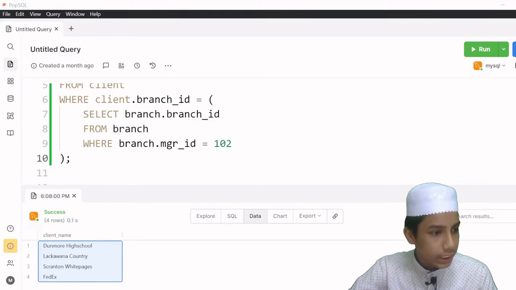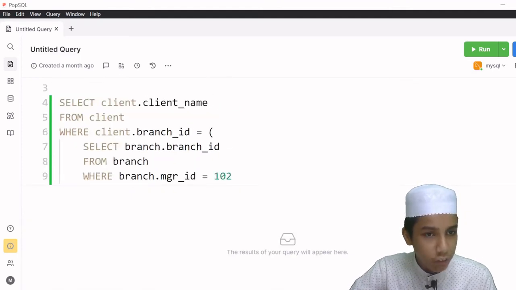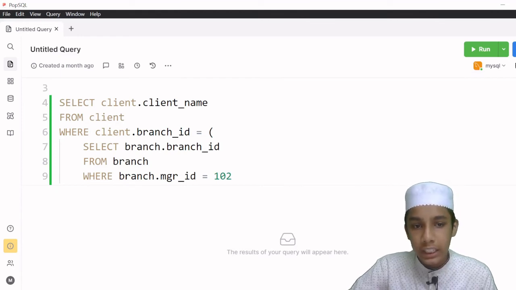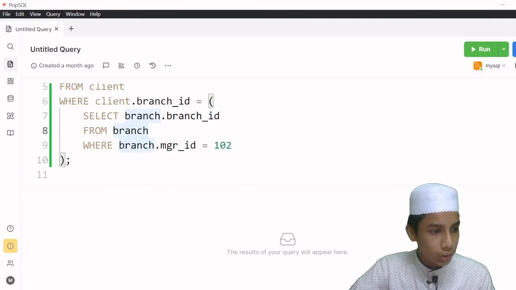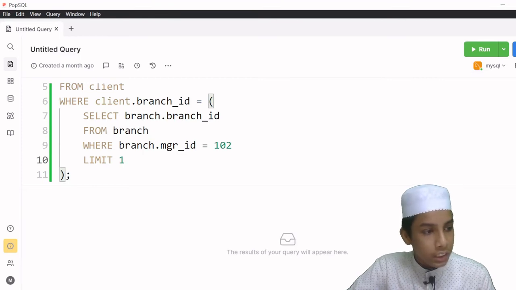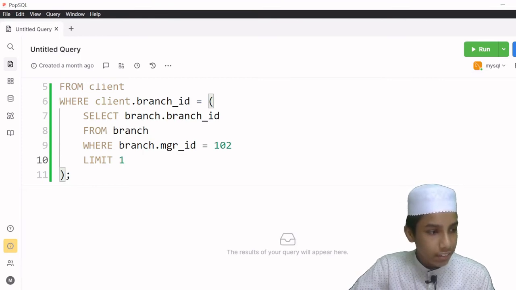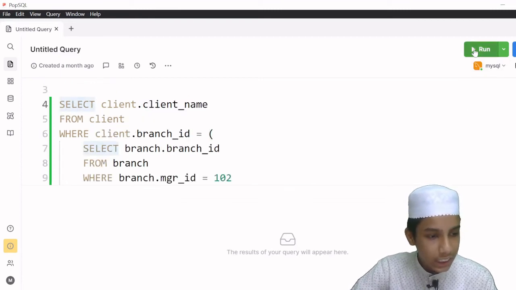And one more thing I want to point out here is that in this table we have, I'm going to close this one. Okay, so we have the select, we have all of these things, but here's the problem: this statement isn't necessarily guaranteed to return only one value. So now let's say that Edward James is the manager of multiple branches. In that case it can handle that also. So in this case I can give limit 1. So if it's handling multiple branches, we can give limit like this, which is going to work. So now I'm going to click here and select and run this